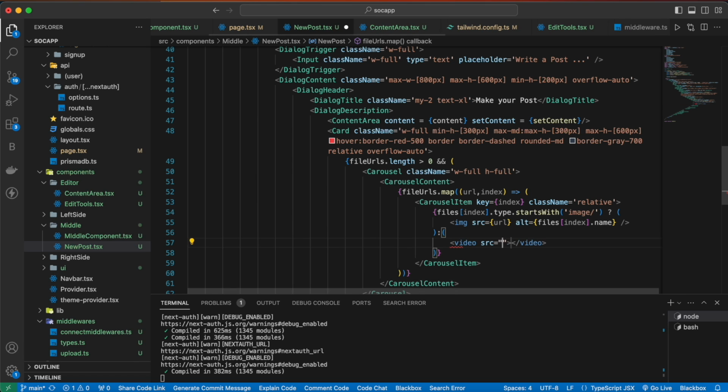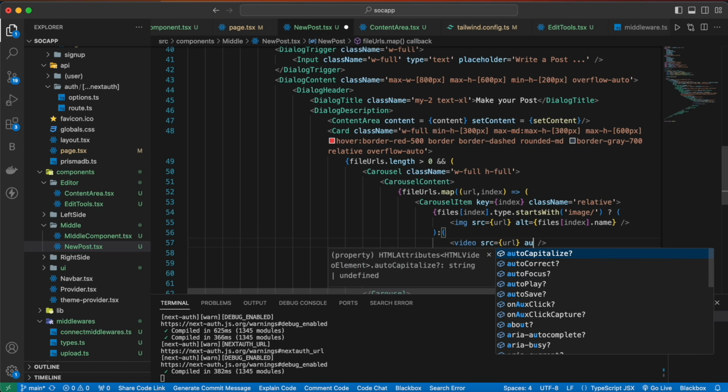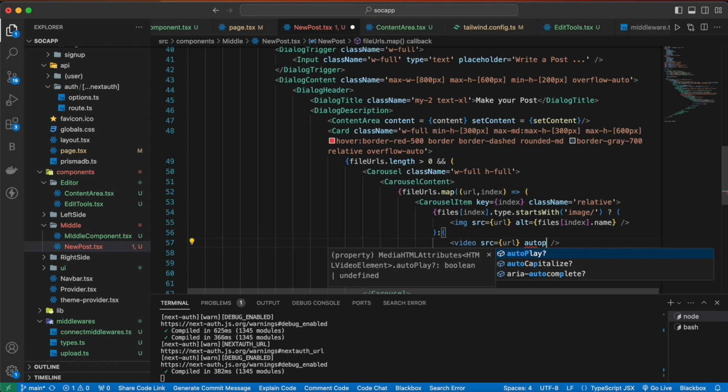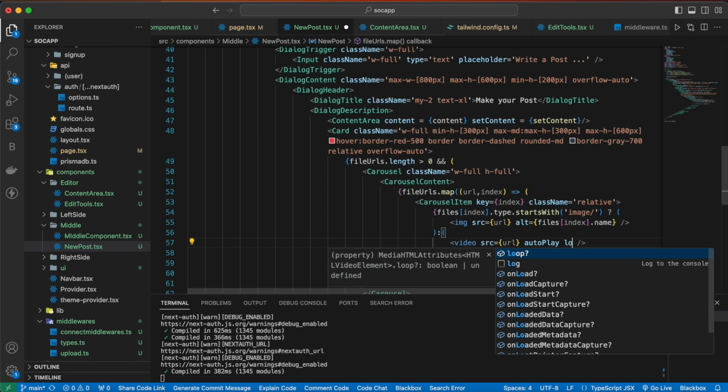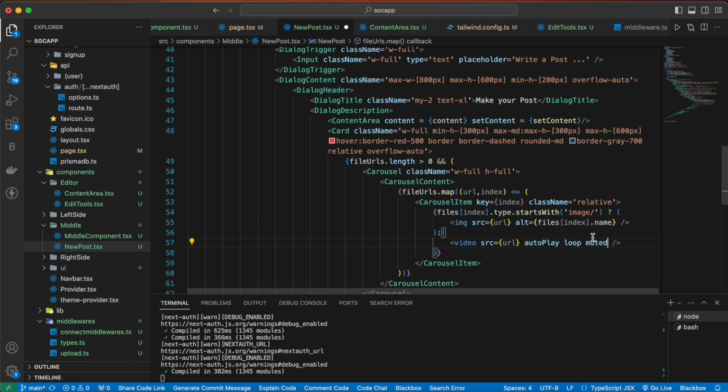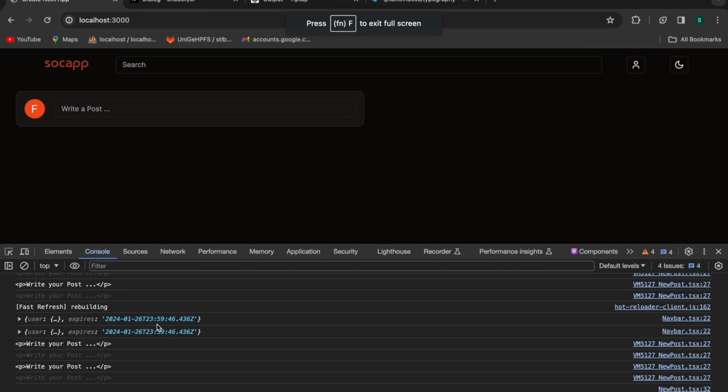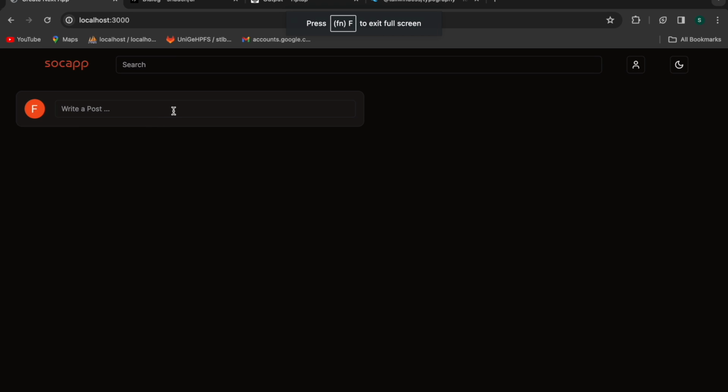So video tag, and src will be URL, and this should be a self-closing tag. And one more thing that we have to do is autoplay, loop and muted. Now let's save and go back to our browser, and I think nothing will change right now,